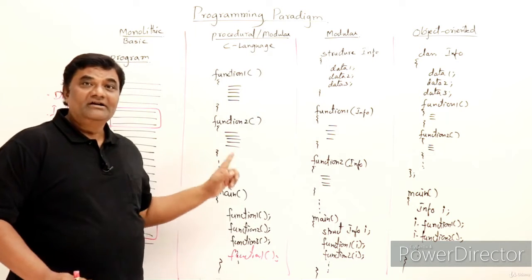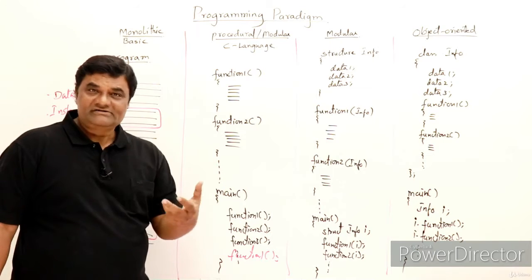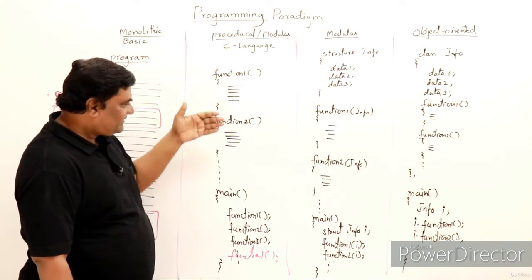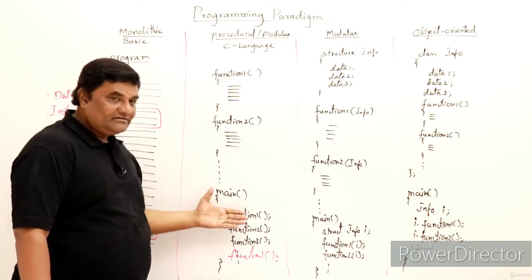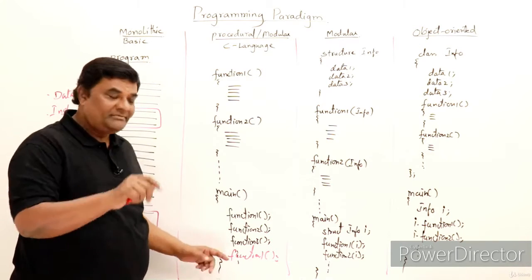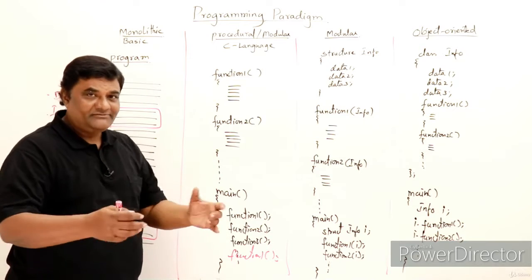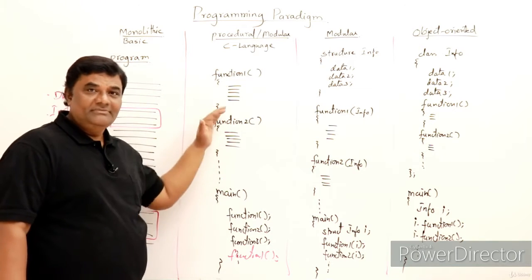Now a bigger business requires a manager and workers. Let us say one function is a worker, another function is another worker, and so on. Now he is the manager. He knows who should do which job and he will use them. The manager doesn't do anything by himself. He will make use of the people, right?